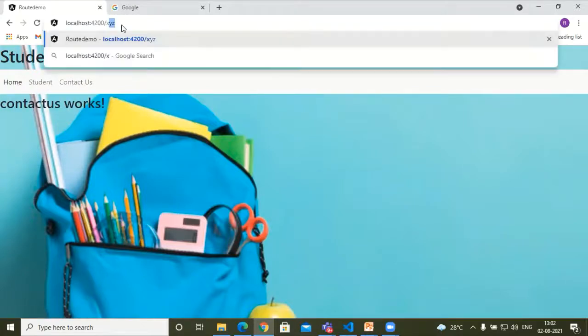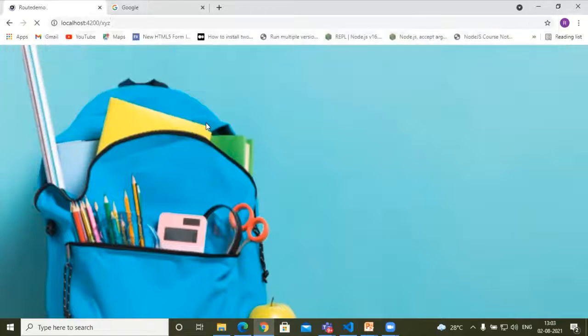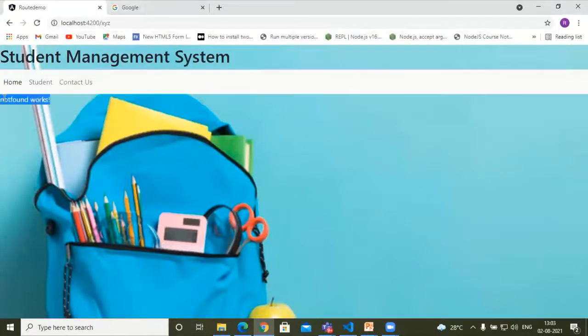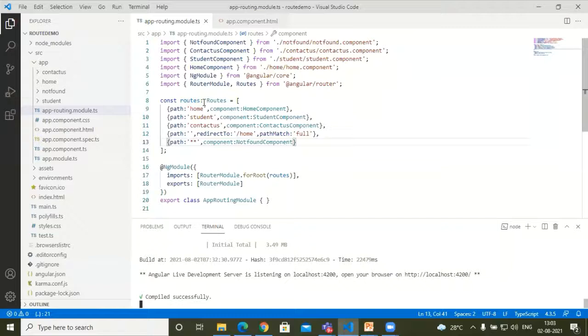But if I type any XYZ path which is not described in my routes, then it will load your not-found component. That's how we can add the routing in your app-routing.module.ts, and we can have the navigation in your application. Thank you.